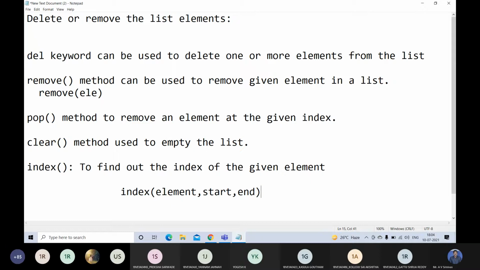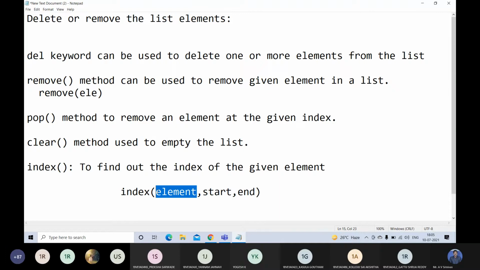Here the first parameter is the element. That element specifies the element for which you want to find the index value. The second parameter is the starting index, and the last parameter is the ending index. That means from which index to which index you want to search for this element.